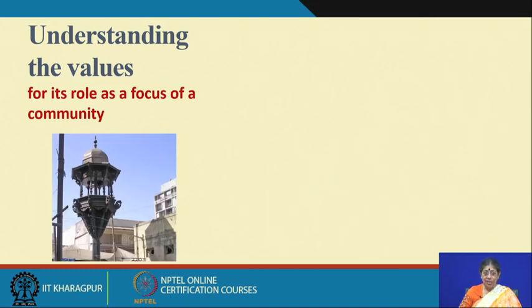Let us talk about this one. This is a chabutra, a bird feeder structure which is very common in the traditional communities of Ahmedabad. Here it is associated with the community because there is a place where these timber structures have been traditionally placed, and there is a practice that all the people, after their lunch or dinner, come and put the leftovers there, so the birds can come and be fed here. So, this is also a functional use.